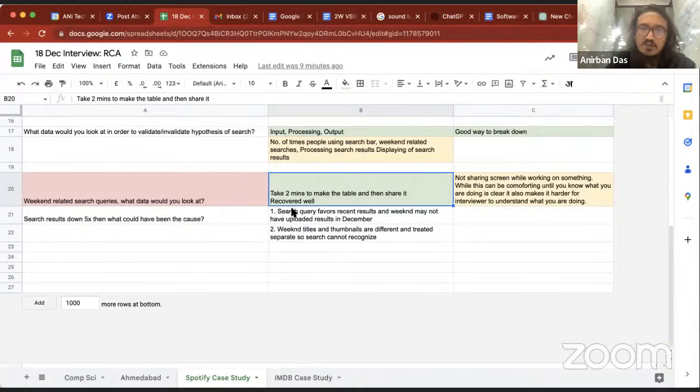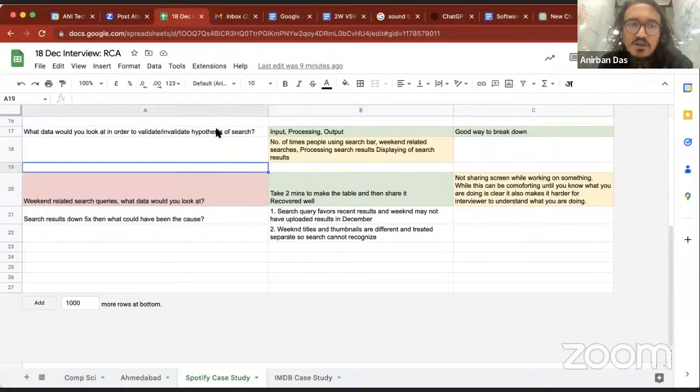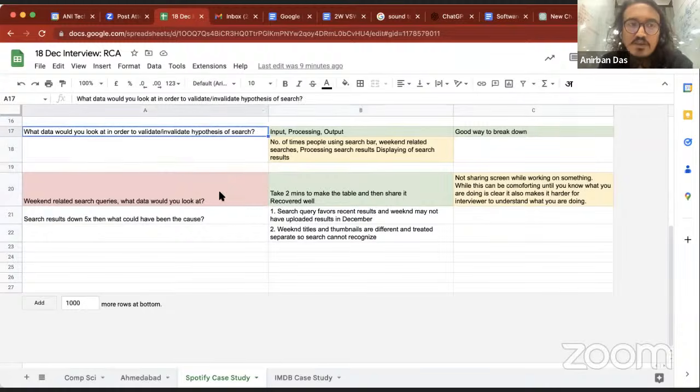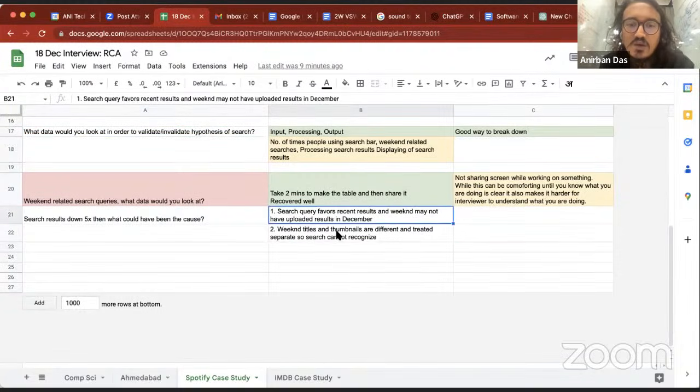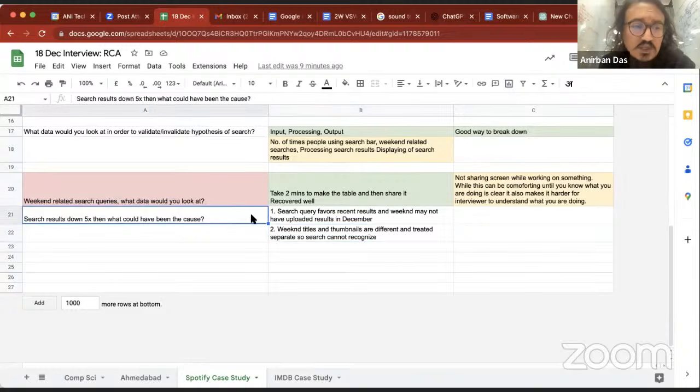So if you had shared the screen right at the beginning, I could have told you to factor in the time aspect of the problem, right? You're investigating a drop, which is December over November. So factoring that into your data structure, I could have possibly told you that as you were working. So as a thumb rule, unless you have no idea about the problem and you're going to be staring at a blank screen for a minute, it may make sense to actually share the screen as you're breaking it down.